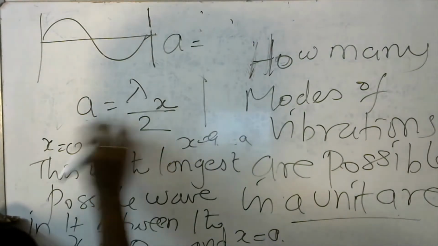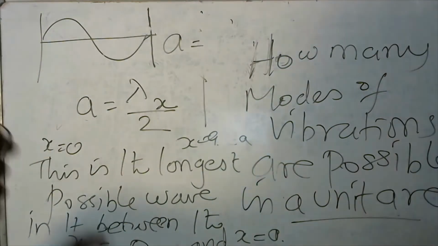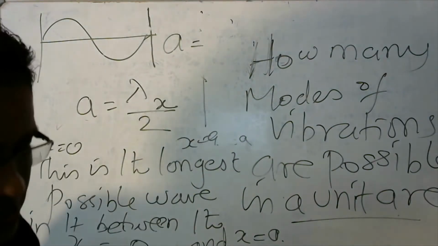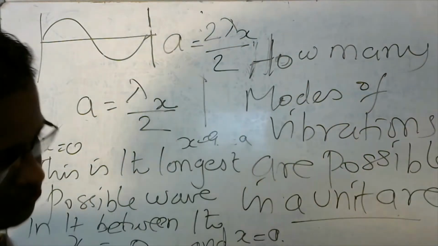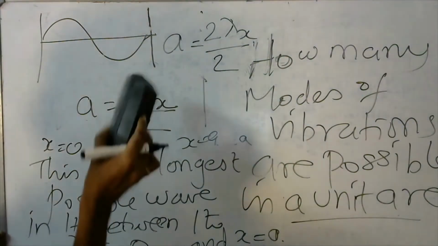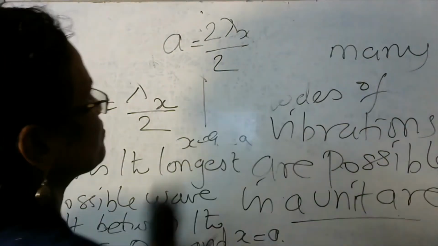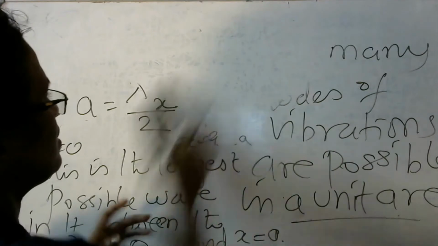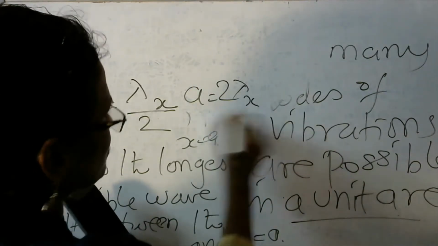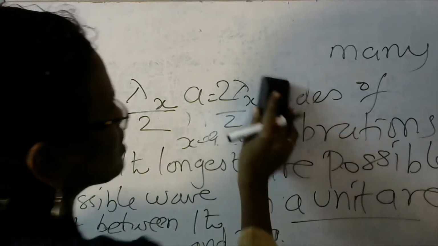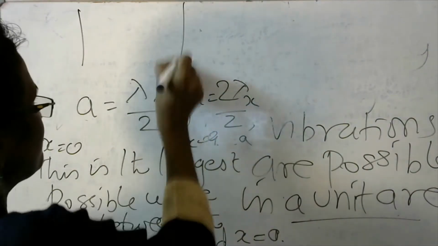The relation between the distance and the wavelength is put like this, and a I can write as 2 lambda x by 2. And for the third one, if the wave has a pattern like this,